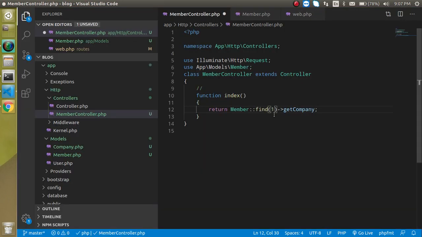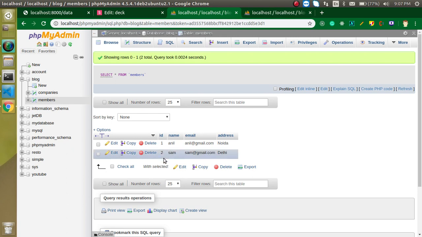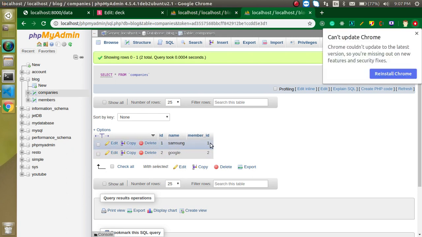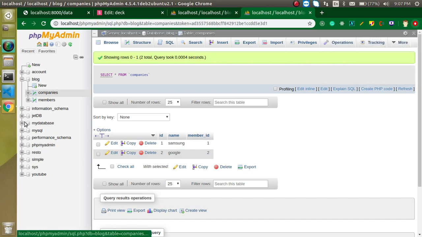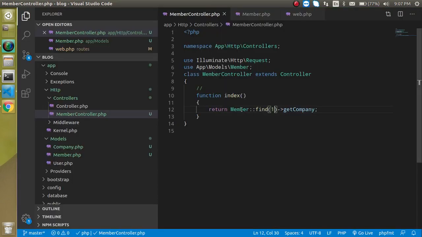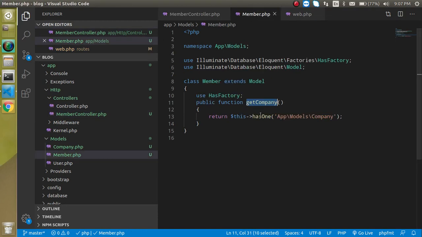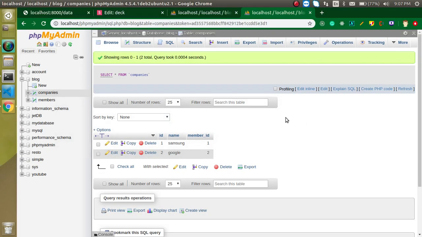So let's make it 1, and this is the first company data, right? The first company is actually Samsung here, right? So here you can see that we are passing this data to the Member table, and this Member table calls the Company table, so that we are able to get this data from the Company table. So this is very simple.